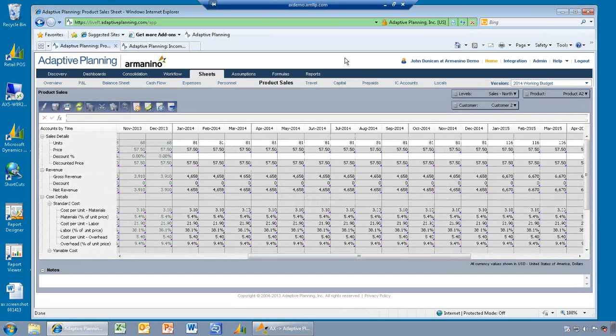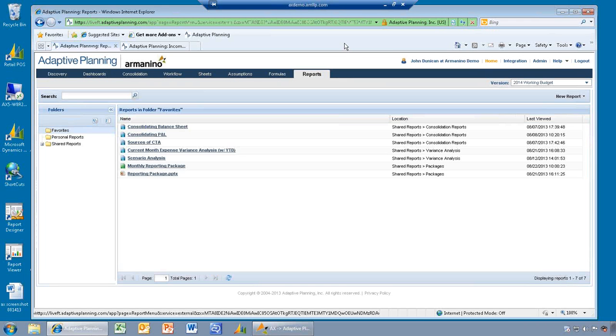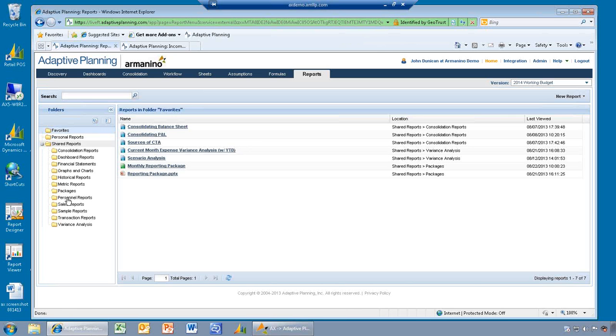because this is a product company. And of course, one of the things people are always looking for is reporting. As John talked about, one of the great advantages of Adaptive Planning is the ability to report not only actual results, but also budget versus actual results. You can create as many reports as you want. You can see we have a whole list of various shared folders, as you move across the various departments,